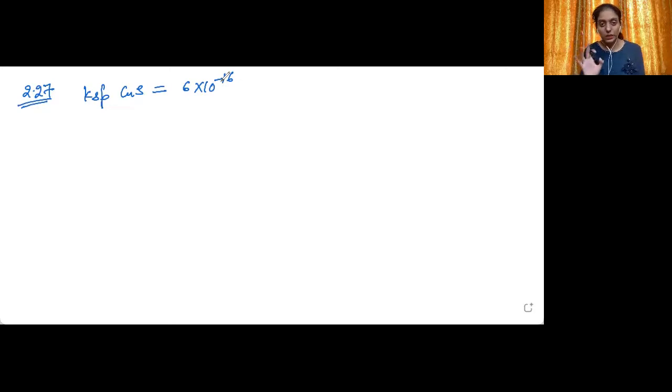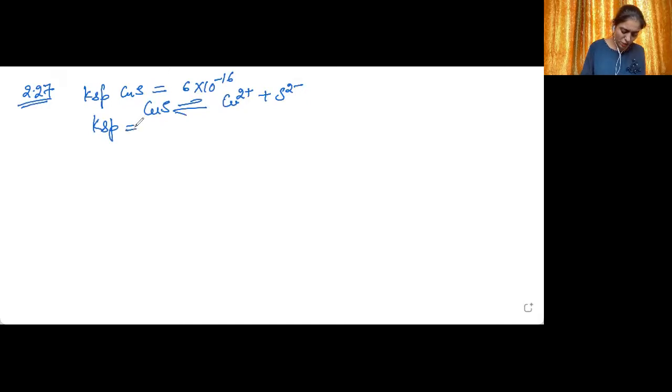That is the solubility. Solubility is the maximum amount that can dissolve in a solvent. It is solubility, and it will be equal to the maximum molarity that is possible. Okay, so KSP. So if we write the equation, how it will dissociate when it will be dissolved in water, it will be dissociated into copper 2 positive and sulfide 2 negative ions.